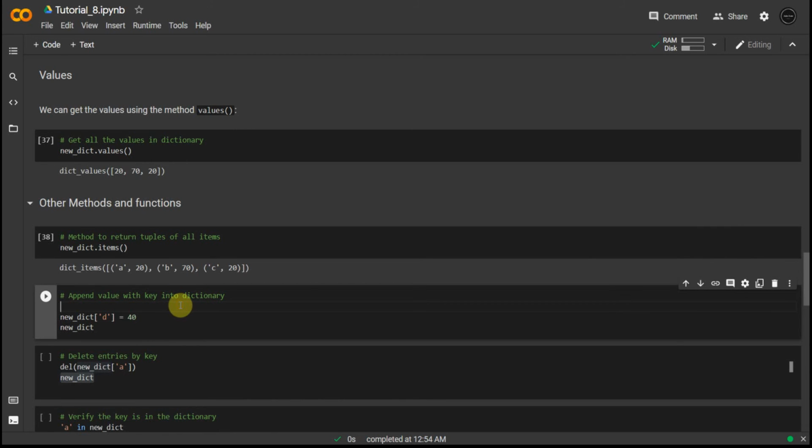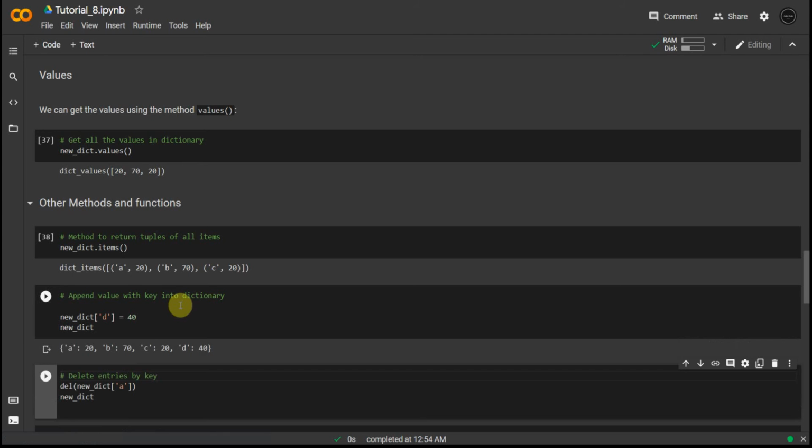And we can add something inside a dictionary. Yes, it's mutable. We can add more keys and values, but we cannot actually use this to add something like another.